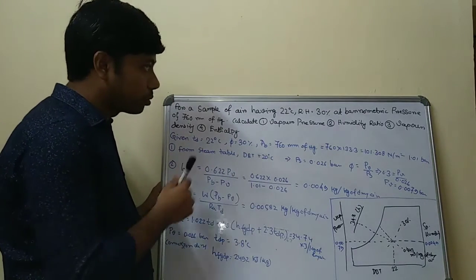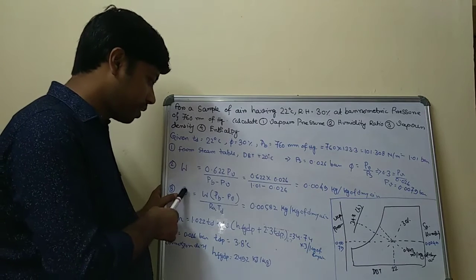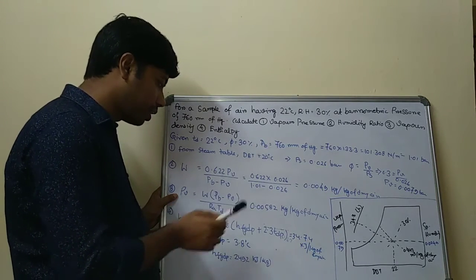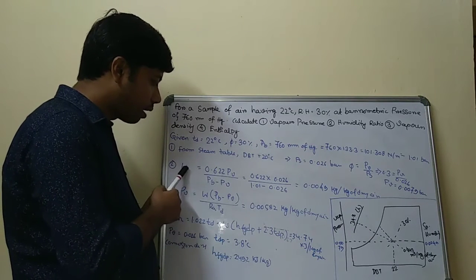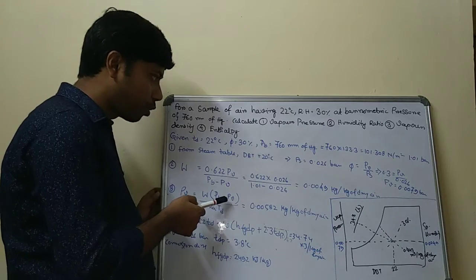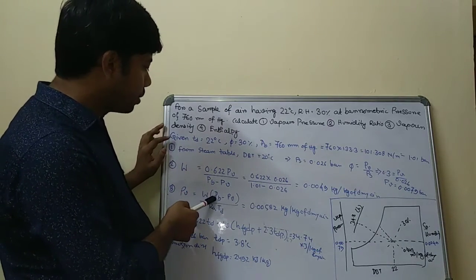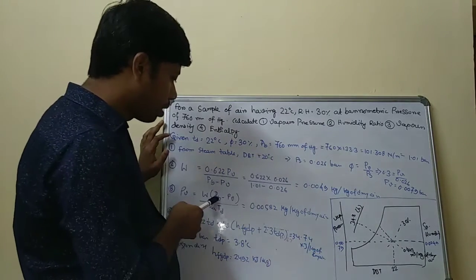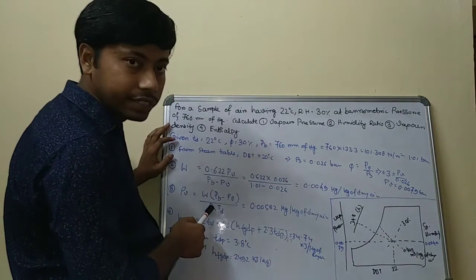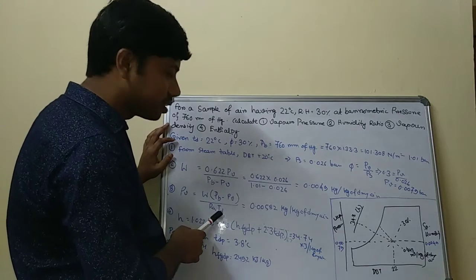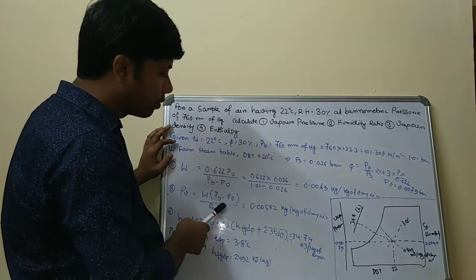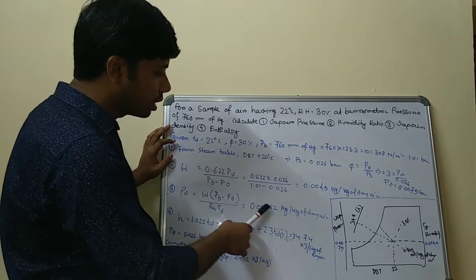And the third part of the numerical is the vapor density. You know the vapor density is equal to W into (PB minus PV) divided by R into TD. Now put all these values: W being the specific humidity or humidity ratio, that is 0.0049, PB value is 1.01 bar, PV value is 0.0079, R is 287, and TD, the dry bulb temperature, is 273 plus 22. If you put all these values, you can get the vapor density.